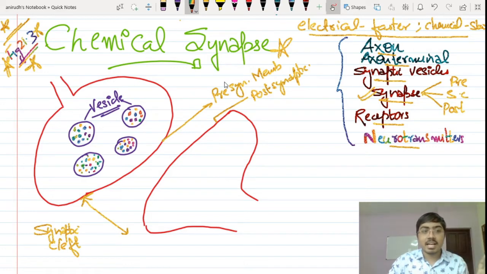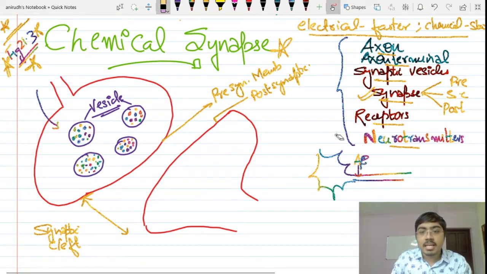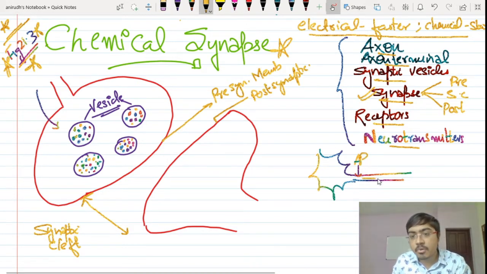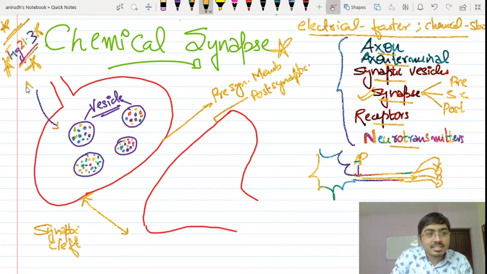Okay, now let us say that an impulse is coming here. An impulse, I mean the electrical impulse, the action potential, is traveling through the length of the axon. You have a neuron over here, and this neuron has an axon like this. Let us say that this action potential starts over here, at the axon hillock. From this point, the action potential is transmitted through the entire length of the axon, which ends in the form of the synaptic knob. Now this action potential reaches over here.